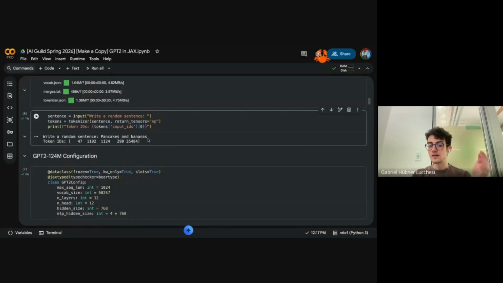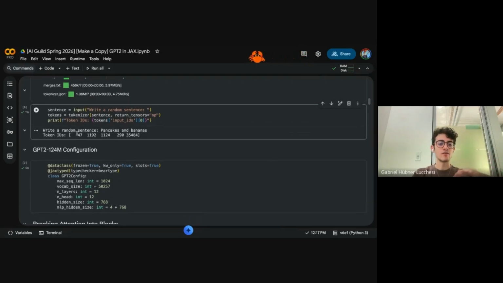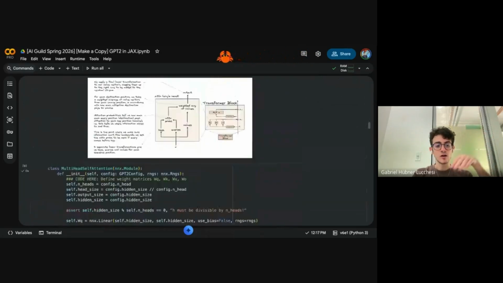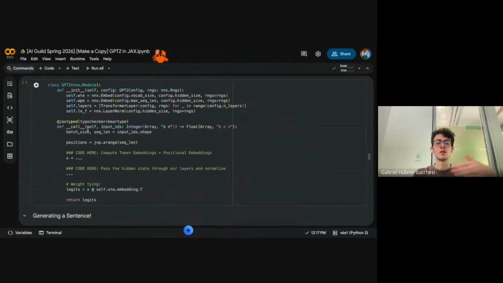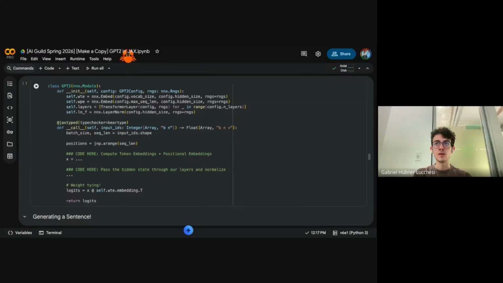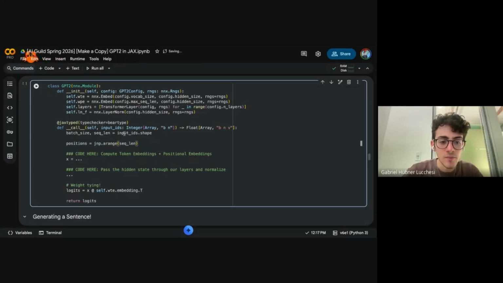Why is that? That's because we haven't embedded this text yet. All we have is the input IDs, and then our embedding tables will compute the hidden size from the input IDs. So we're going to receive batch size and sequence length.